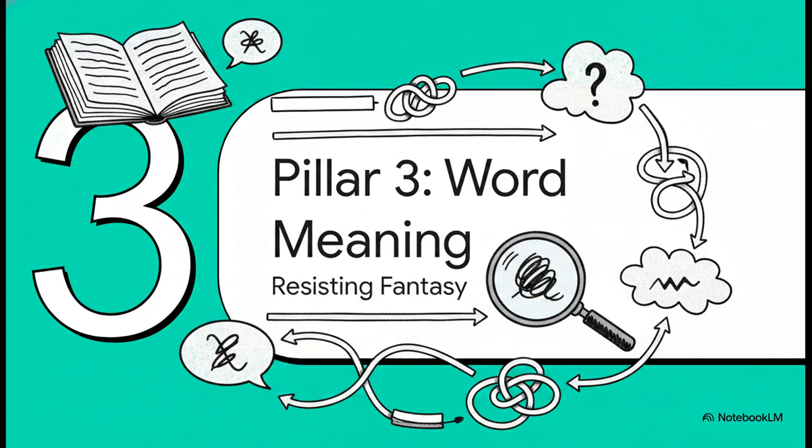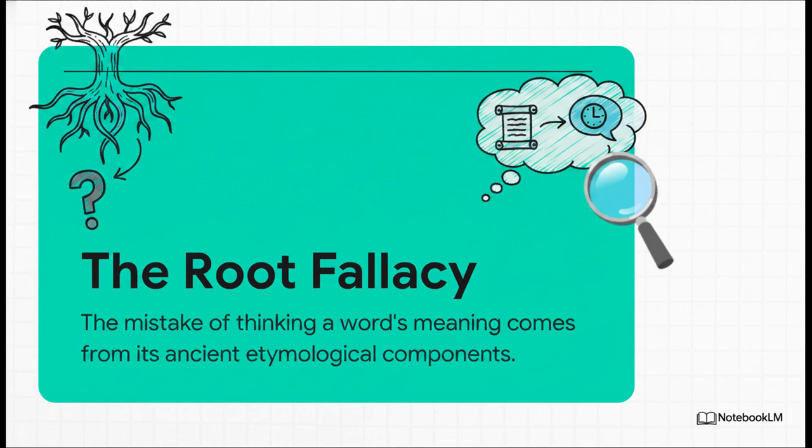This is all about what individual words actually mean in their own context, and avoiding some really common but pretty misleading traps. Okay, one of the biggest ones you hear all the time is something called the root fallacy. You've probably heard this before, the idea that a word's real, secret meaning is hidden in its ancient root. But here's the thing, linguists will tell you again and again, that is just not how language works. Meaning comes from how a word is used right here and now, not from its family tree.